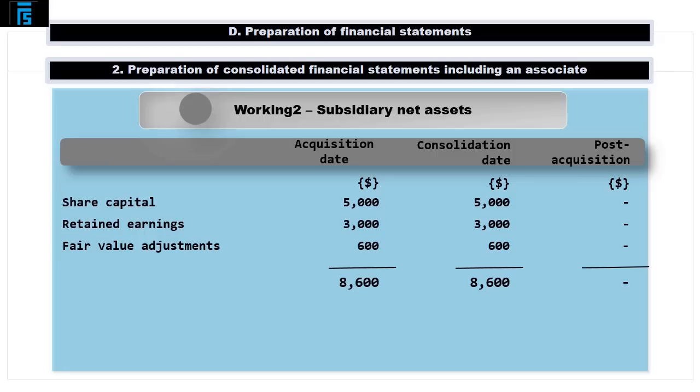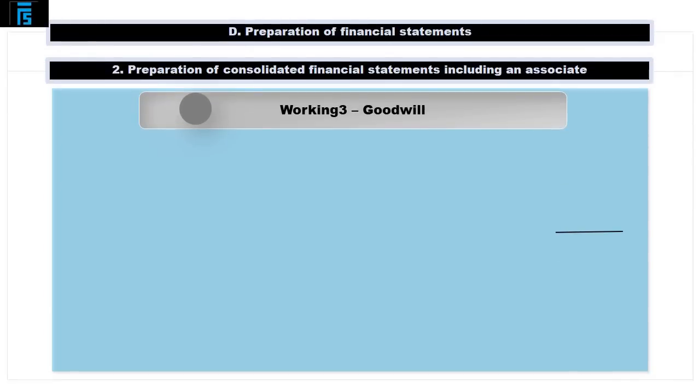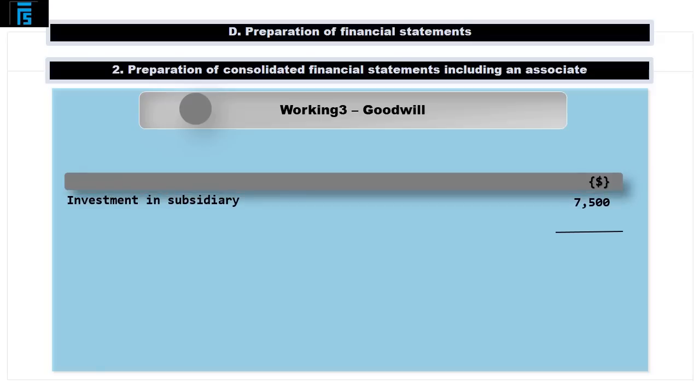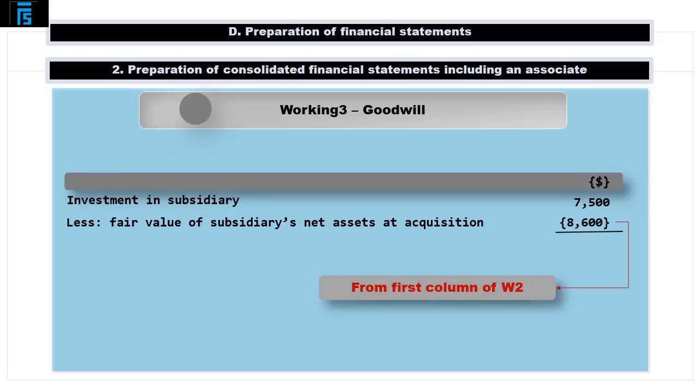Seeing as the consolidation is performed upon acquisition, the second column repeats the same numbers, with the post-acquisition column showing no movement. The third working, Goodwill, begins with the €7,500 investment by the parent entity, from which we need to deduct the €8,600 fair value of the subsidiary's net assets as at the date of acquisition, which we take from the acquisition date column of working 2. And for the first time in this series of worked examples, we find that Goodwill comes in at a negative